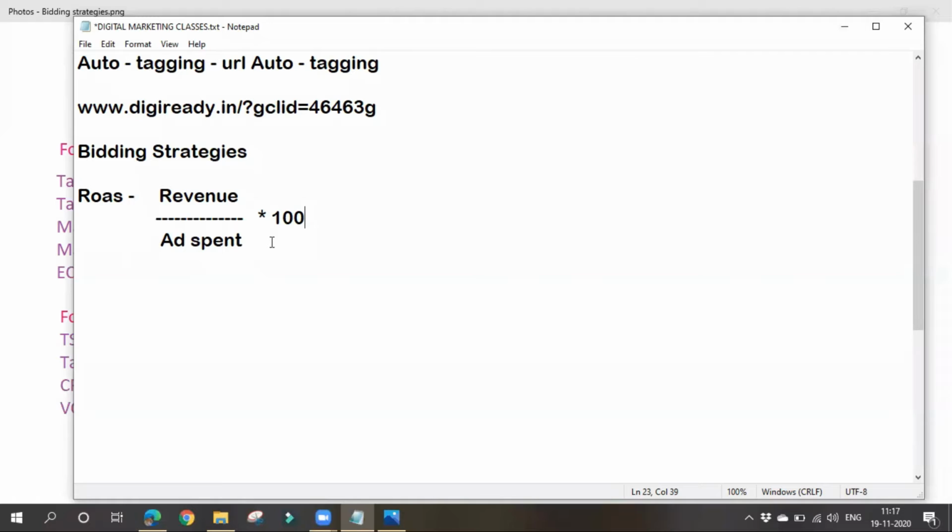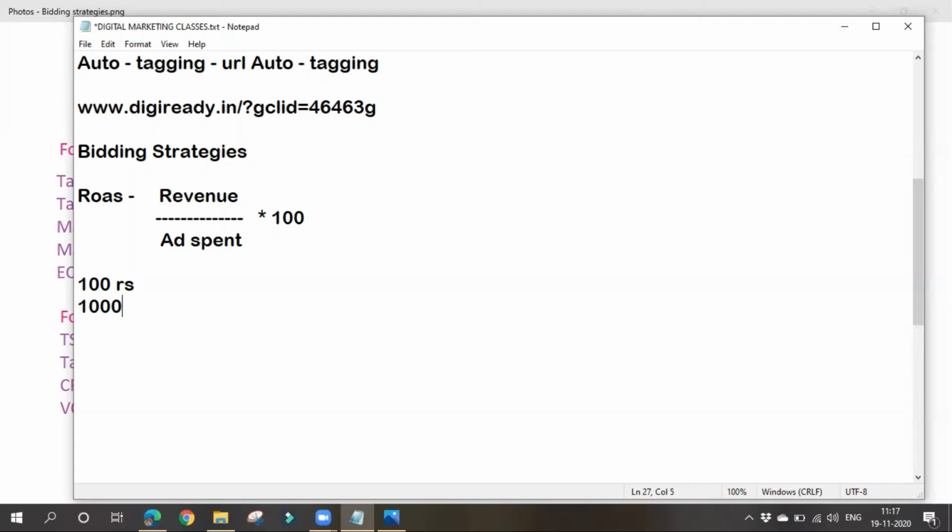Here we have to see how much we spent on advertising and in return how much we got from that advertising. For example, let's think that we spent 100 rupees on advertising. Then through ads, how much did we get in return? Let's think that we got 1,000 rupees through that advertising, 1,000 rupees benefit or profit from those ads. Like that it will calculate. This is the formula of that.